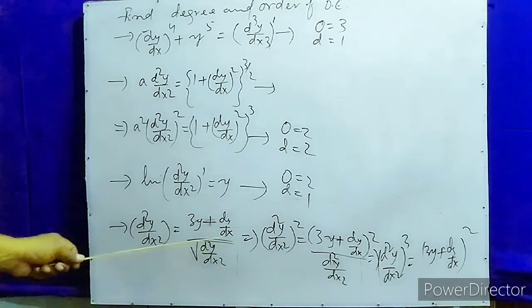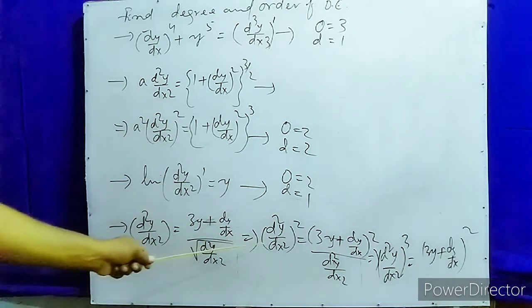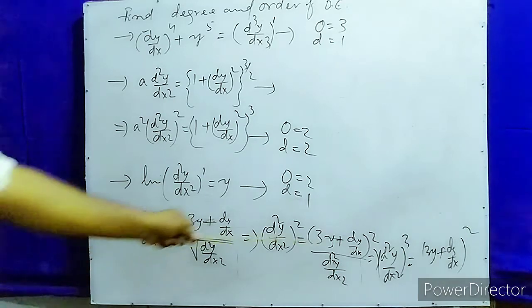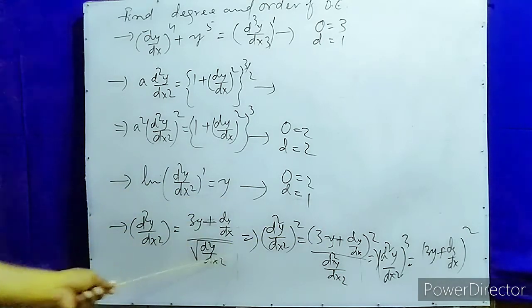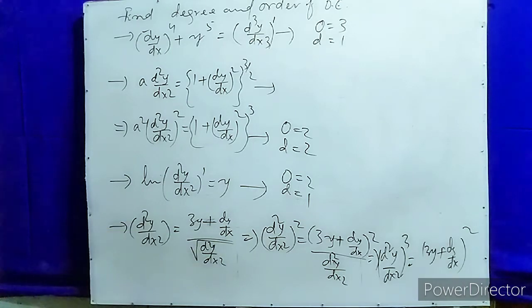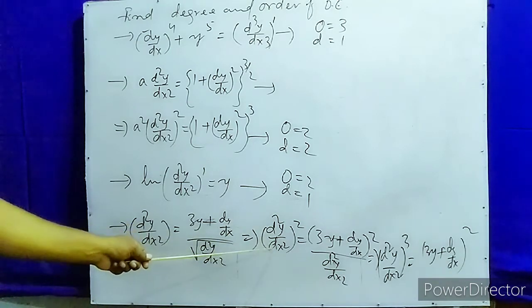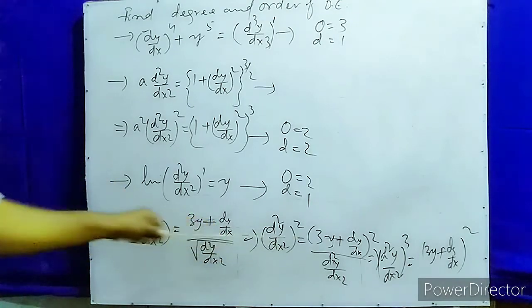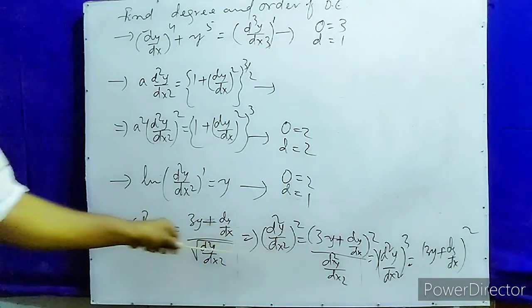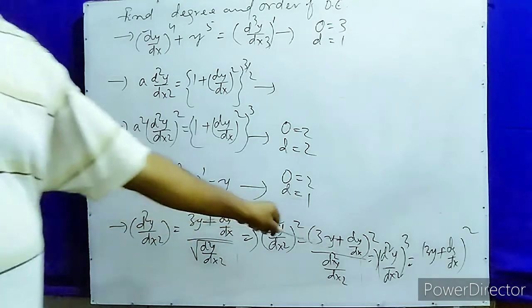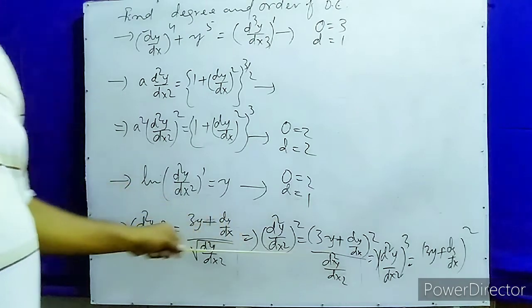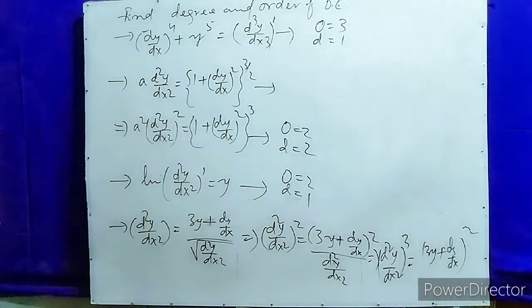Here I square both sides. The square of the first value is equal to the square of 3y plus (dy by dx) whole square, and here the square and square root will cancel. Again you will get d square y by dx square. You also have d square y by dx square. Multiplying these two, you get (d square y by dx square) into this one equal to the power 3, because here it is 2 power and here it is 1 power, so it will be 3 power.